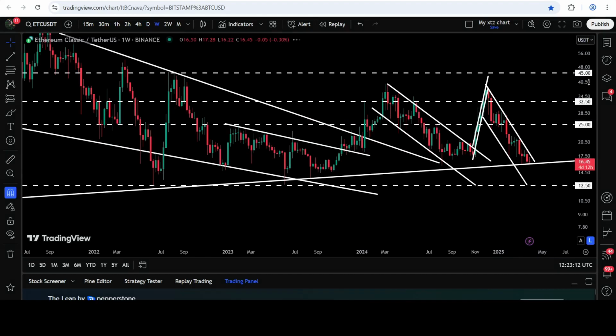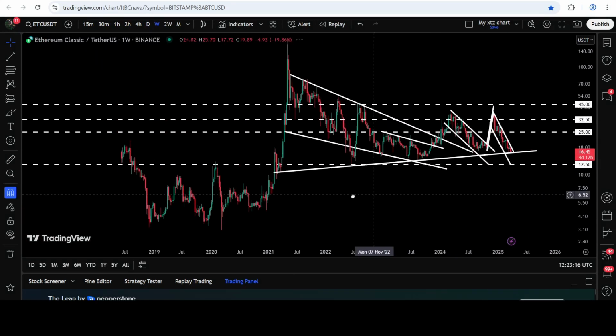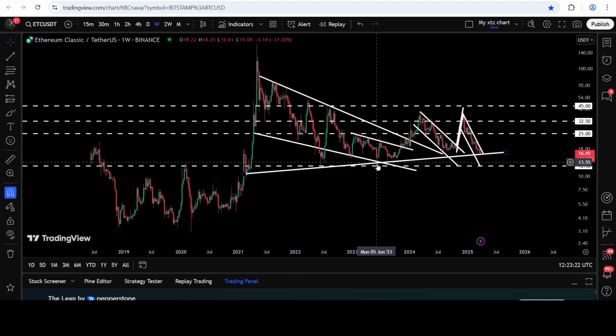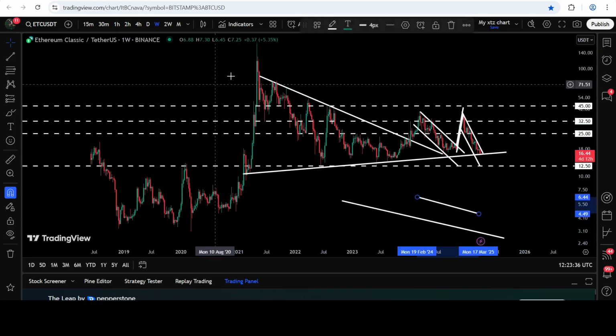If we take a look at the weekly time frame chart, you can see that this uptrend line support is coming from here, from the month of Feb 2021. We had a bounce here, and here, and here, and this was another bounce, and now the price has once again dropped down at the support. And this support is, by the way, a support of a big symmetrical triangle. You can see that at the same time,